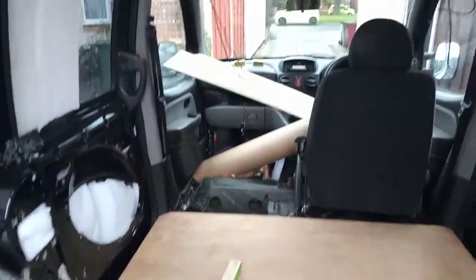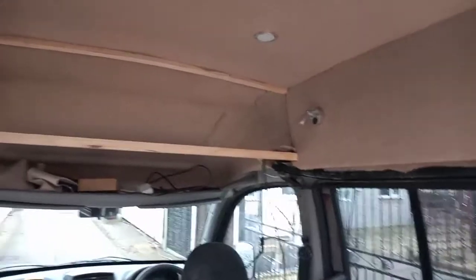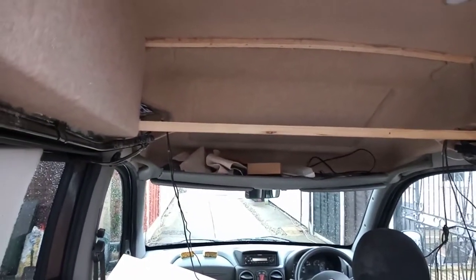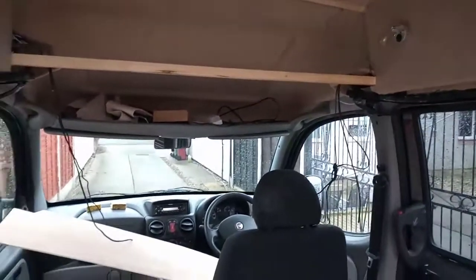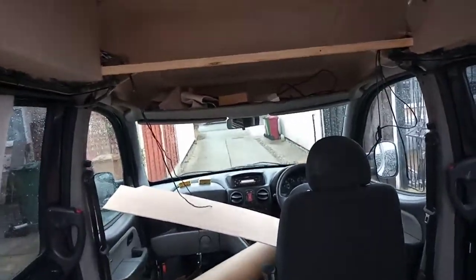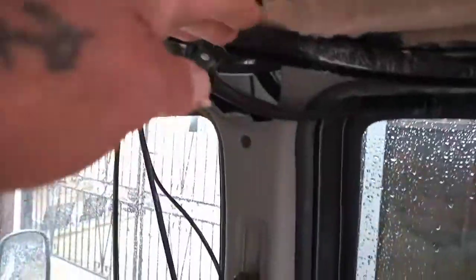out more or less, and I want to take stock of what I've done and think about what I'm going to do next with the area over the cab, because that's going to be some sort of a storage locker. Now, as you can see, it slopes down to the front of the cab, so I've got to actually figure out what I'm going to do with this section here, under here. All this is going to be boxed in. I've just got to figure out how I'm going to do it, because it tapers down to the front of